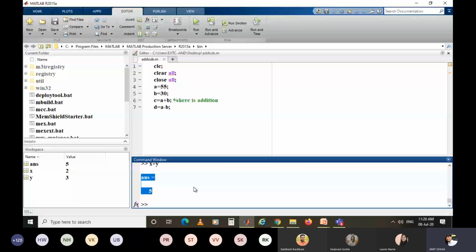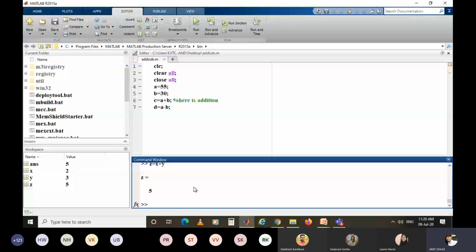But if I write z is equal to x plus y, then the variable z that I have assigned has the answer which is 5. So ans is an inbuilt variable and z is a user defined variable.